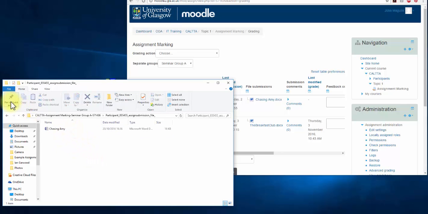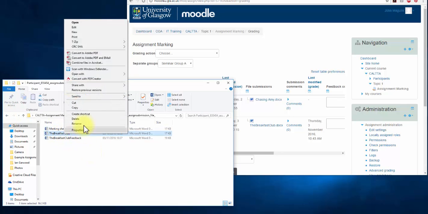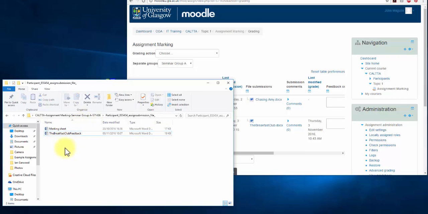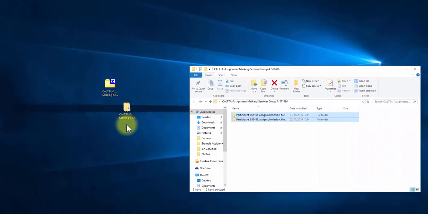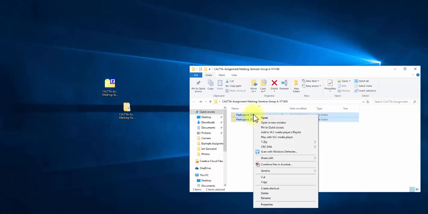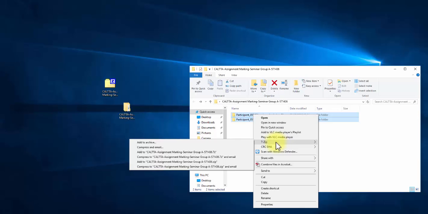Now on this occasion I'm going to just delete the original because I don't need to feed back their original report to them. So if I delete that, and then I come into the folder, and this is where it's a bit important, I've got to select these folders. Select these folders and not the main folder. I select the subfolders. So if I select these and I right click and I add them to a .zip file,